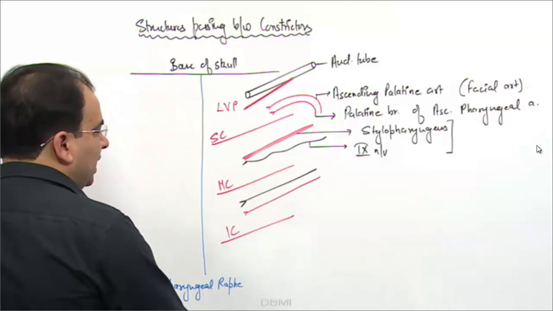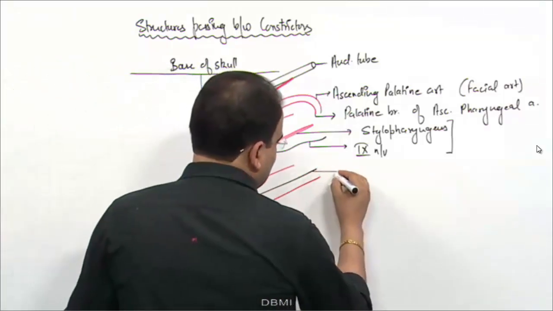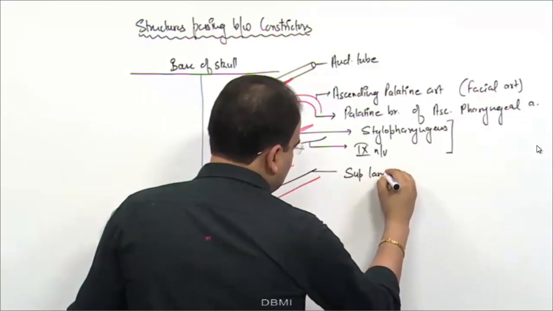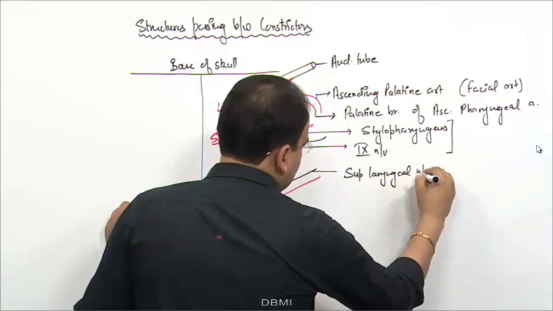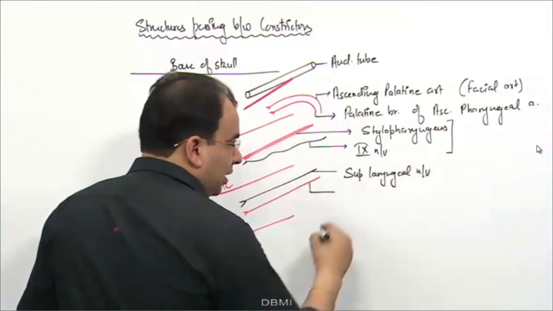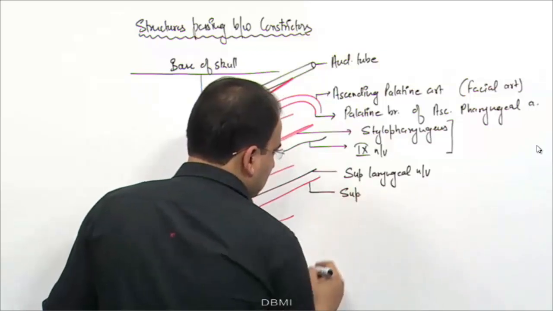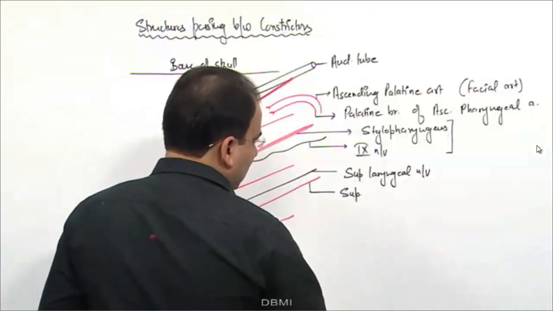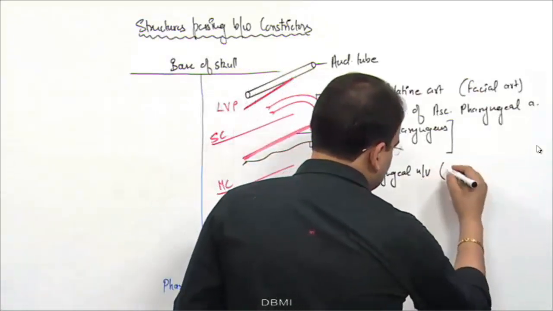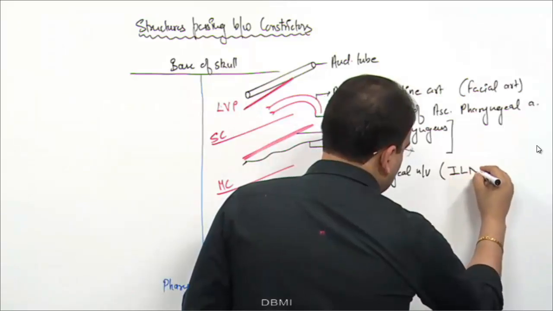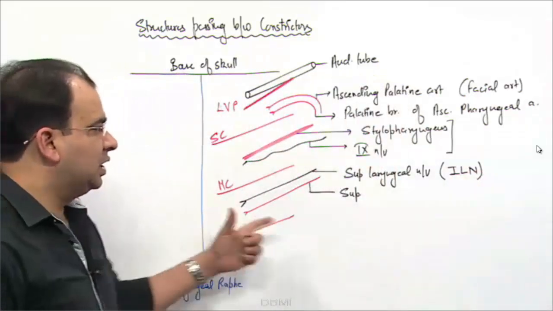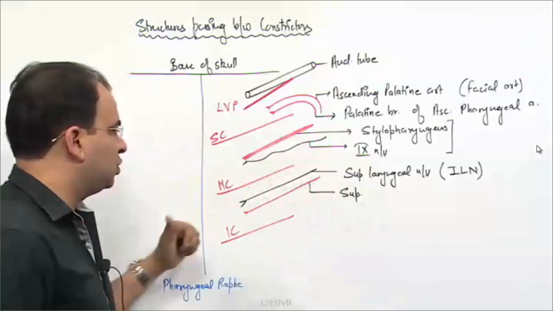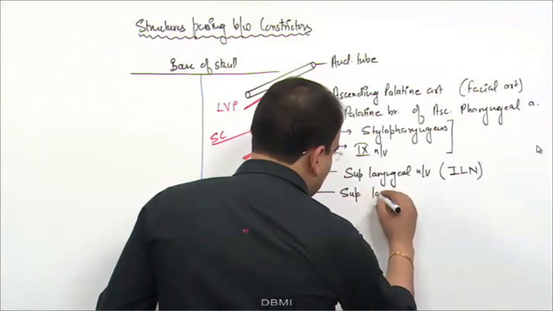So one nerve and one artery. The nerve is superior laryngeal nerve, and precisely which branch of superior laryngeal nerve? The branch is internal laryngeal. The superior laryngeal nerve has two branches, internal and external laryngeal. It's the internal laryngeal nerve which goes through this gap along with the superior laryngeal artery,